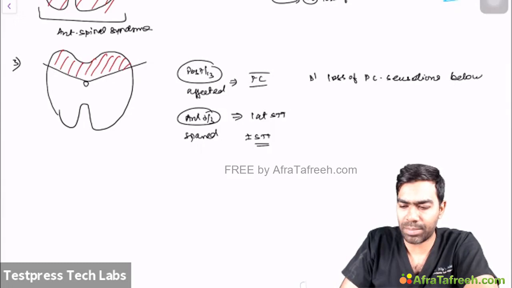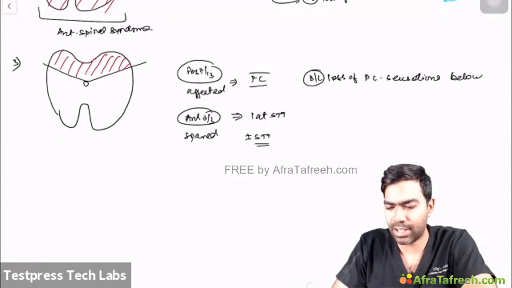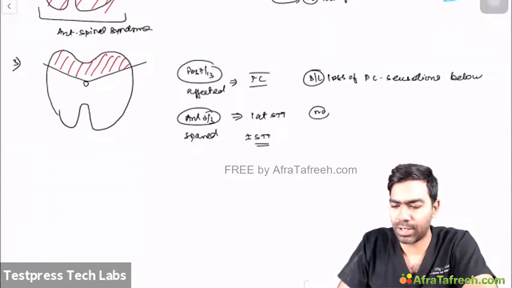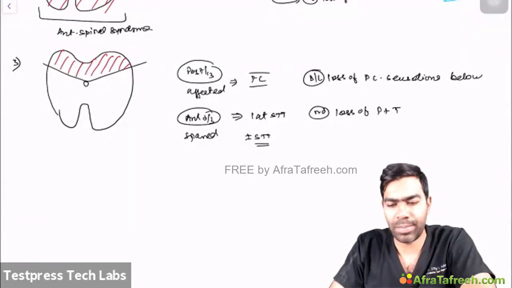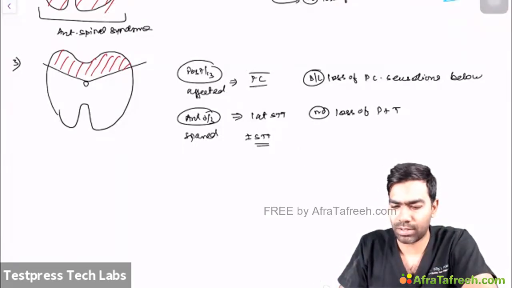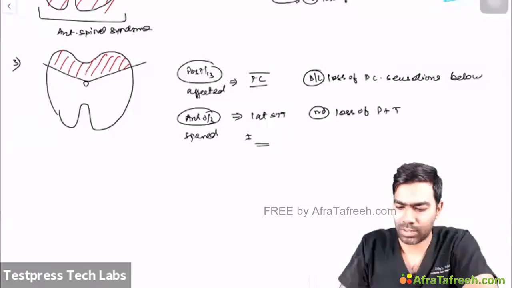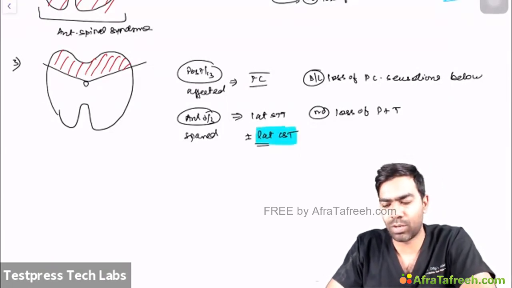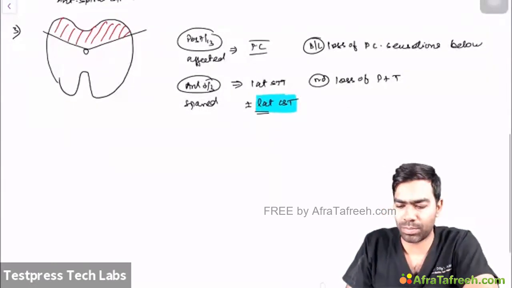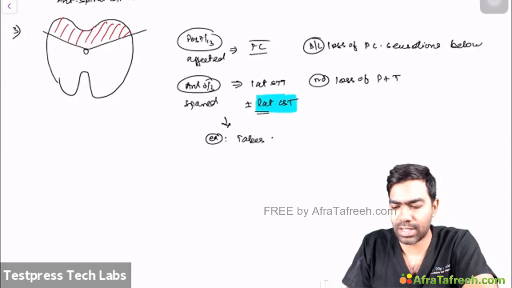But remember, this will happen bilaterally. As far as the anterior 2/3 is concerned, there will be no loss of pain and temperature. Depending on the disease that is producing this kind of posterior cord disorder, your corticospinal tract may be affected or they may be spared. It depends on what disease is causing it. So as I told you, the best example will be tabes dorsalis, which is nothing but the syphilis of